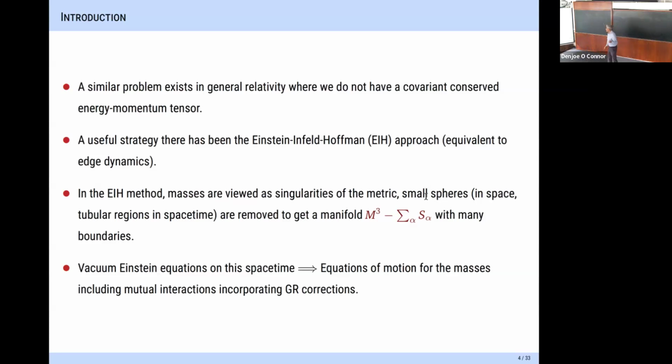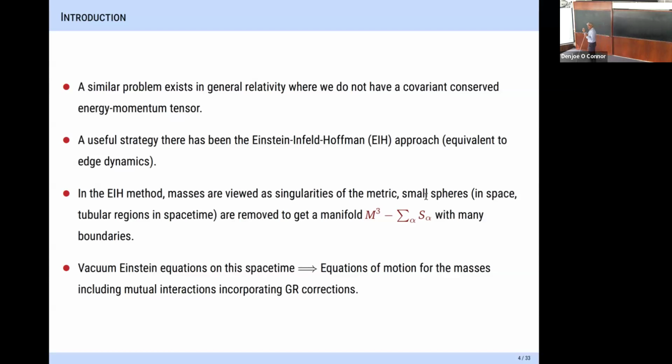So that is the approximation considered in this paper. So now you have a manifold where things have been taken out. It's a manifold with a lot of boundaries associated with these tubular neighborhoods. And now you say, okay, but other than that, I have no source for the gravitational field, so I apply the vacuum Einstein equations for the rest of it. So if you then write down the vacuum Einstein equations on a manifold with these tubular neighborhoods excised,